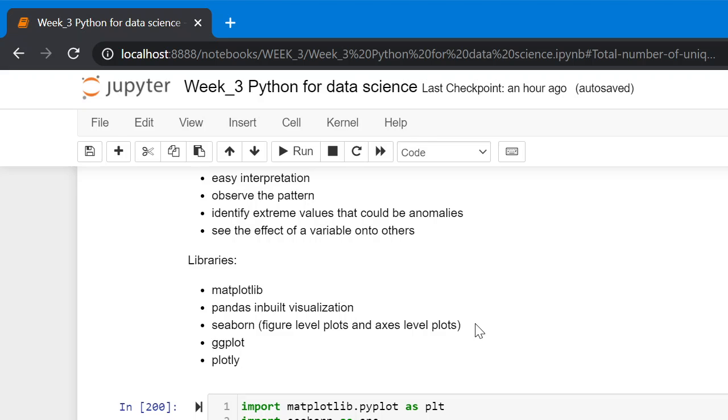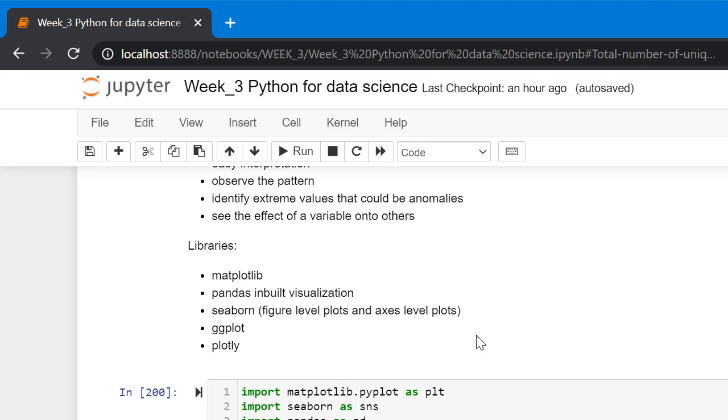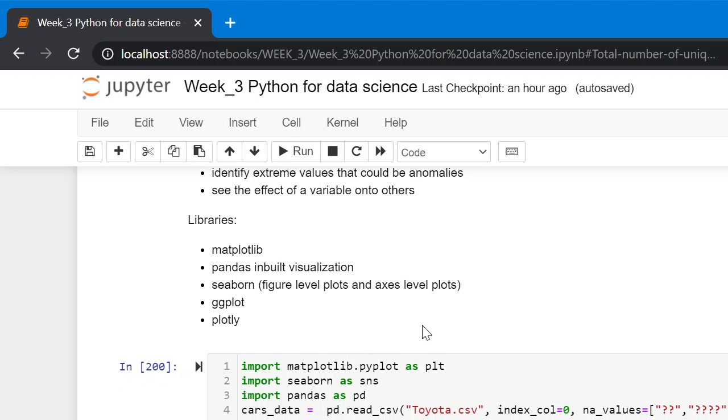Seaborn is also built on Matplotlib, and it's also a very rich and interactive library. ggplot is a Python version of ggplot2. Plotly also provides interactive visualization.